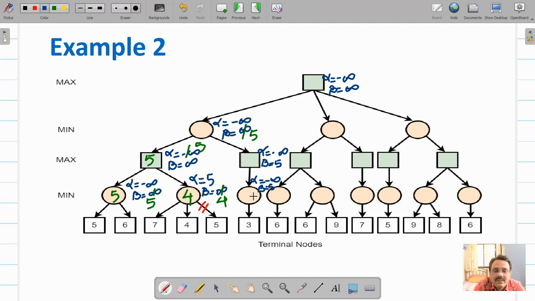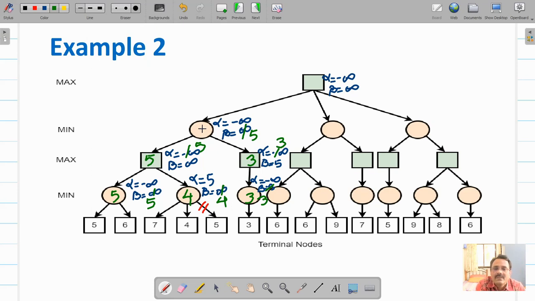It will update the value of beta. It is getting 3. 3 is better than 5 because beta will decrease. So this beta will be updated from 5 to 3. Value of this node will be 3. It's a maximizer node. It is getting 3. 3 is better than minus infinity, so this alpha value will change to 3. Since it has only one option, the value of this node will be 3.